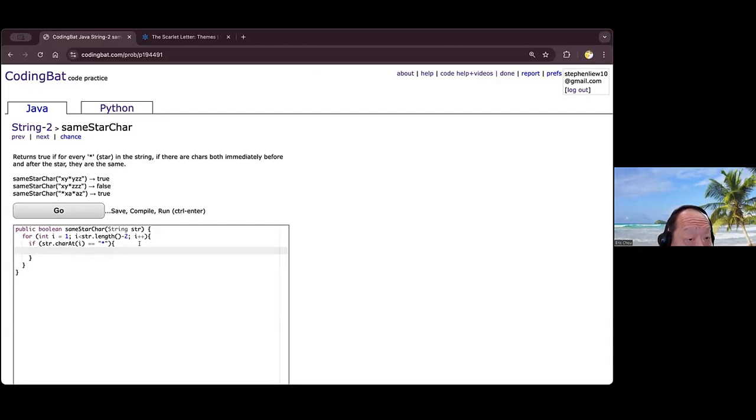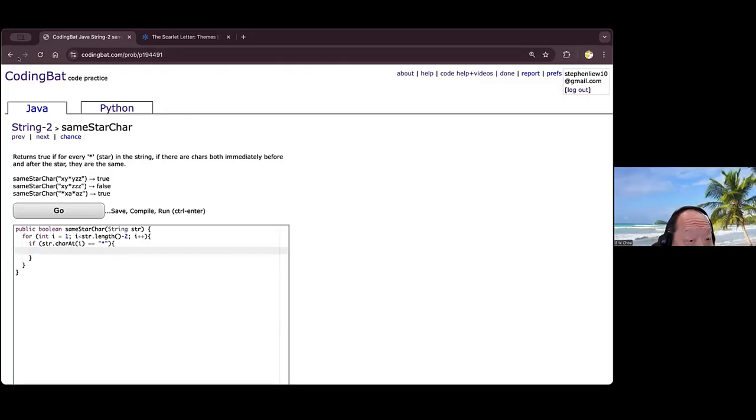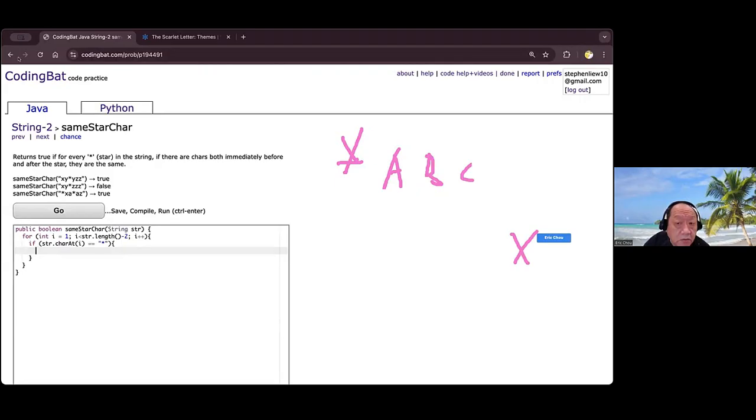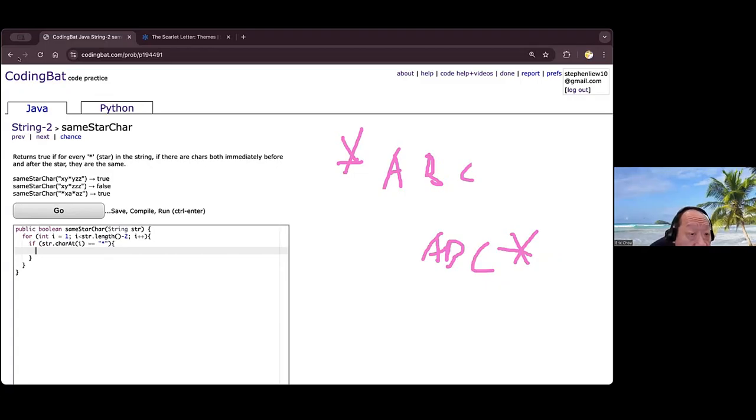So why -2? Because you're checking the front index and the back index. No. What if the star is the beginning part or the star is the last one? What'll happen? You just don't check it. You don't check it, can you, no need to check it or no? I think